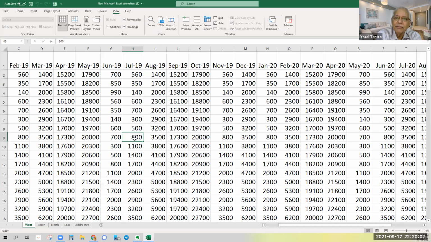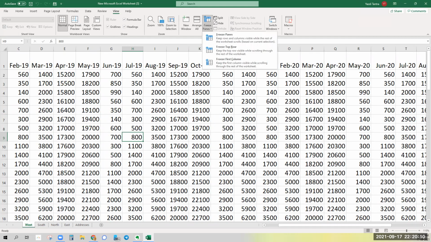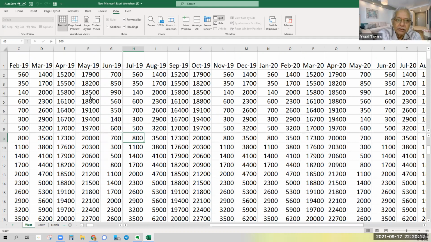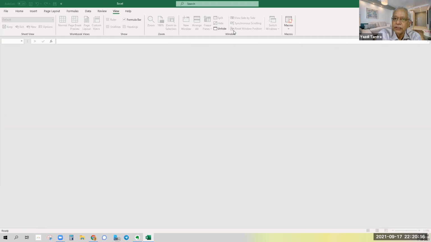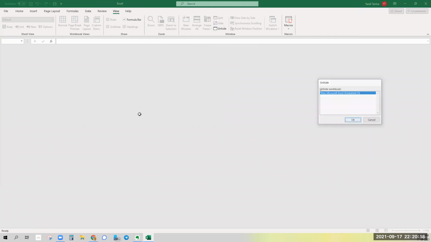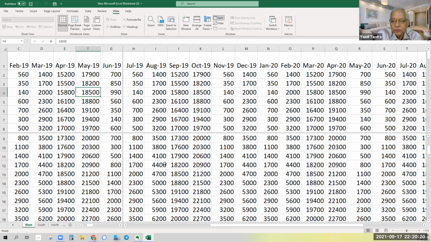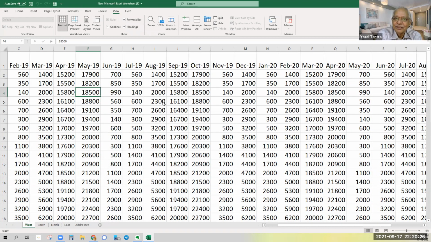Maybe you want to hide a sheet so that you don't have clutter. Let me try this. If I am here and I say hide, the whole thing goes. I don't know why one would want to see a blank screen, but there must be some logic to it.